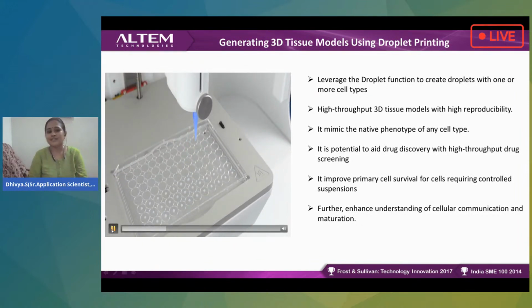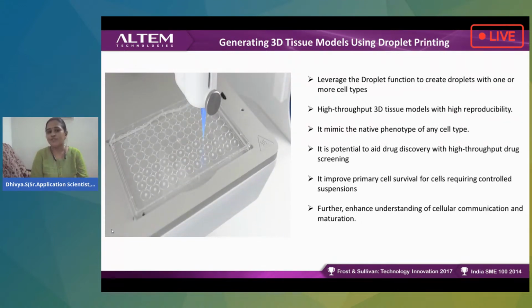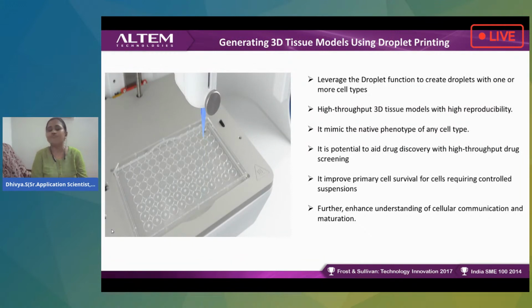You can see that the pressure can be maintained, and if you explore our webinars, how much pressure, all these things can be monitored and controlled using geometrical codes. And when we use this droplet printing, it has more advantages, and you can print more different types of cells. And if you want to screen your drugs, we call it high throughput screening technology, where we want 3D tissue models to mimic exactly an in vivo system. This droplet printing will help you more to